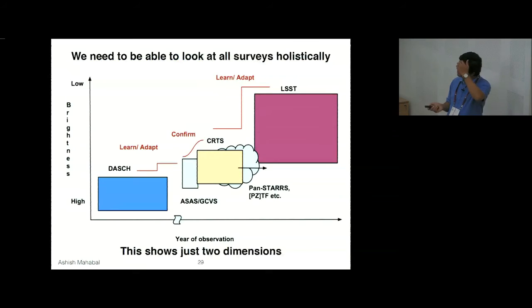Another thing that's going to be important is how do you combine different data sets. So CRTS, PTF kind of data sets are in between here. They go deep enough, but not as deep as some of the surveys that will come about. The sparsity is there. And then there are surveys, not surveys, but compendiums like DASH, which looked at a large number of photographic plates going over 100 years, only to bright limits. So we have got a very good history there. And here, of course, only 2 dimensions have been shown, the year of observation and what the brightness is, but there are all kinds of other things based on apertures, filters, and so on, to try to combine.